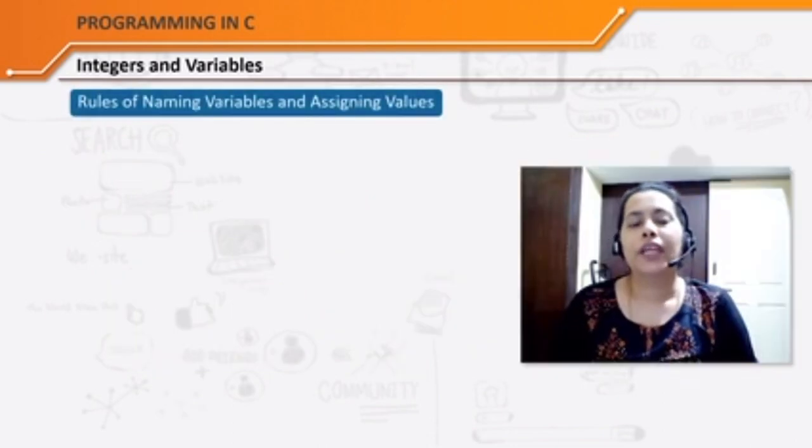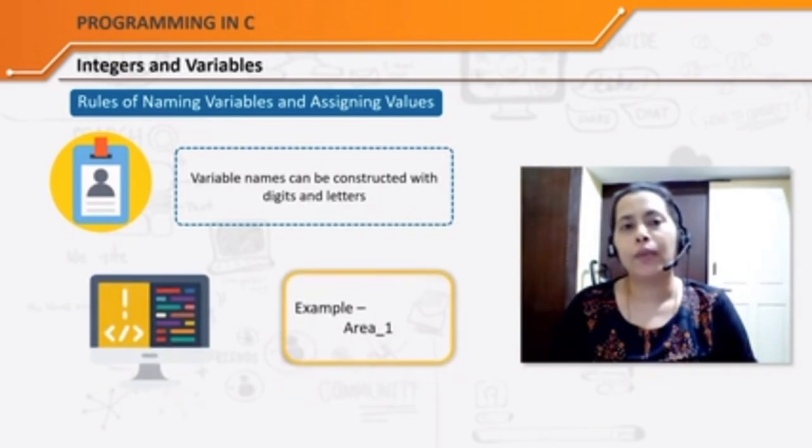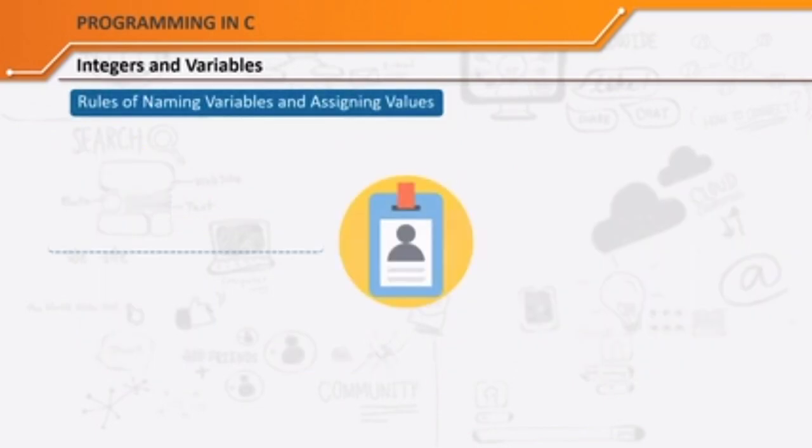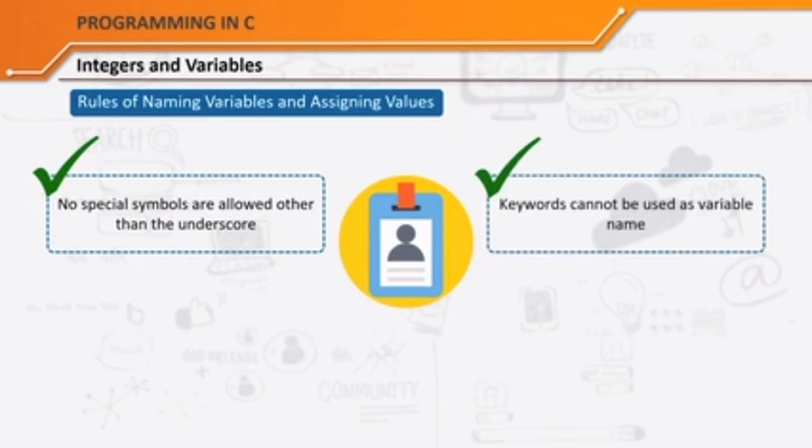Also, we can have variable names that are constructed with digits and letters. We can have a variable name with a combination of these. Also, we cannot use any special symbols other than underscore while constructing a variable name. While naming the variables, we cannot use keywords as variable names. For example, we cannot use main as a variable name or define as a variable name because they are keywords of the C programming language. And also, variable names can